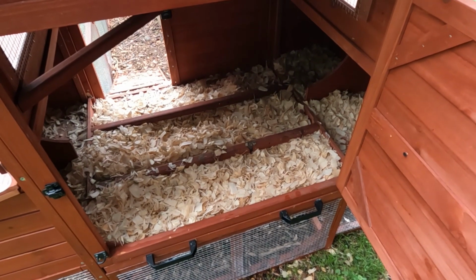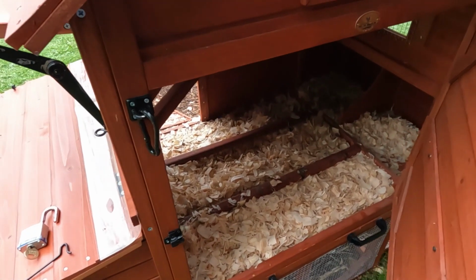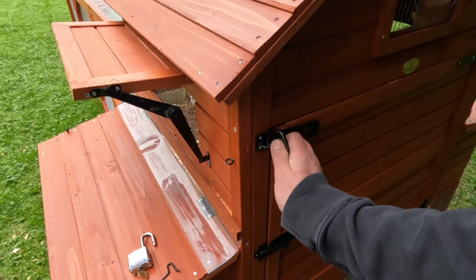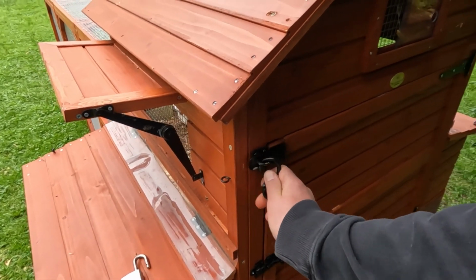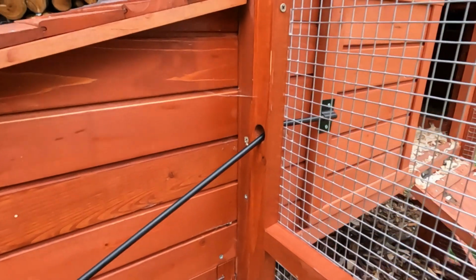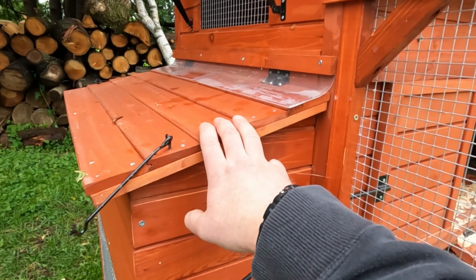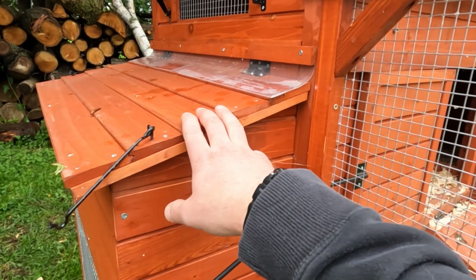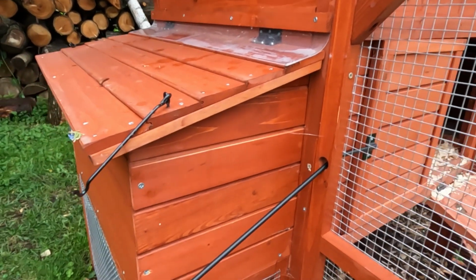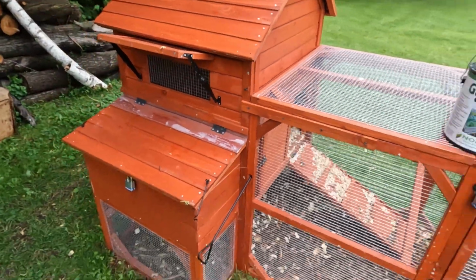So if that's going to be one of my complaints, it's a small complaint. There were a couple issues with having a few broken pieces when I did receive it, and whether that was the chicken coop company's fault or not, whether it happened in shipping, but there was a piece right under the roof of the nesting box that I ended up having to wood glue back in place, and there was another small piece that I had to wood glue back in place, and that was it. So it did come in 3 different boxes,